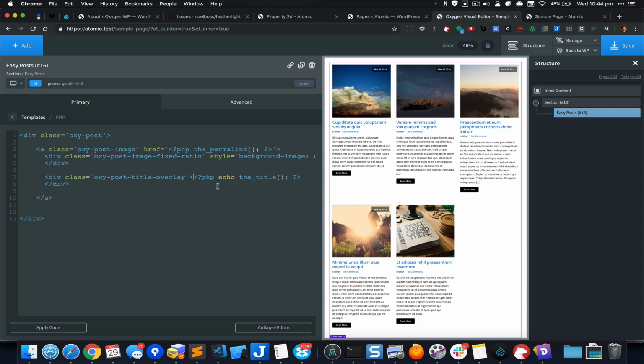and I want this title to be inside heading tags with a class of oxy post title. And I just realized that this function the underscore title is actually going to output rather than return the title, so there is no need to do echo here. If it were get underscore, that is when you need an echo. Alright,